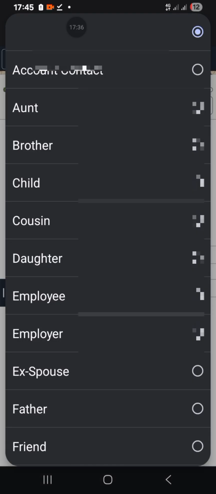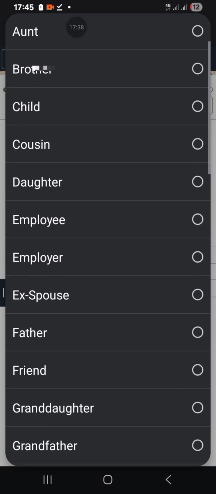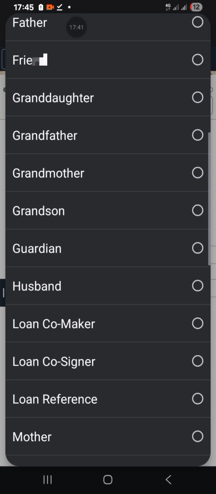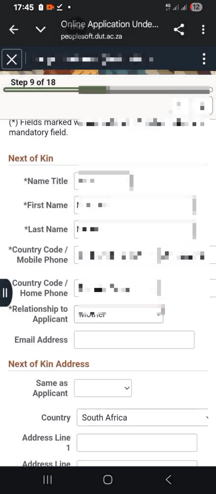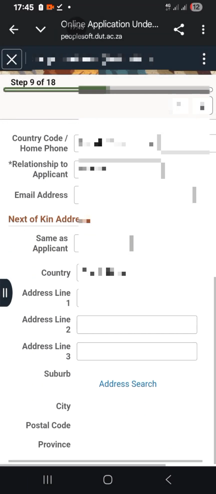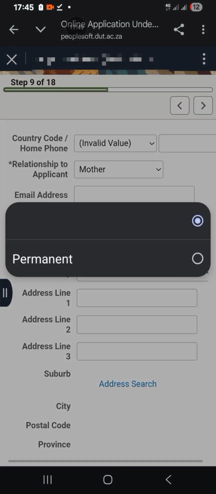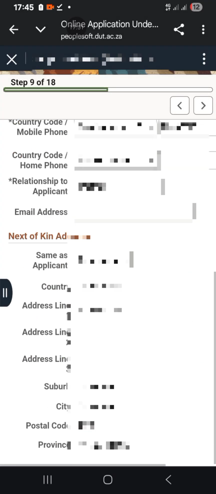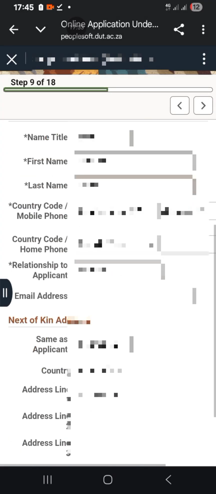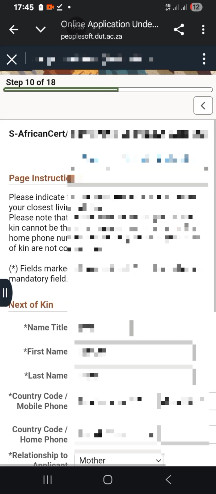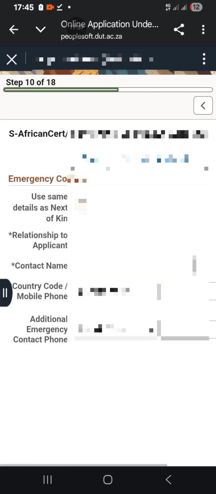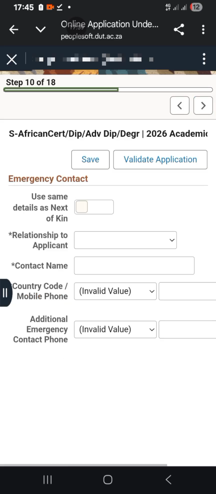A relationship, it is compulsory to select lapha how are you related to the person. Right, once you are done, you click lapha arrow to continue.